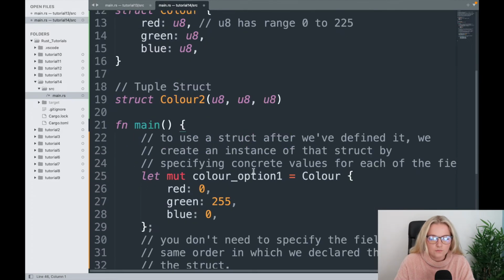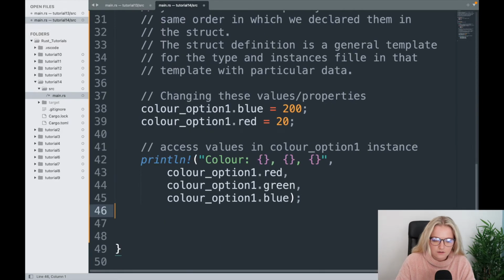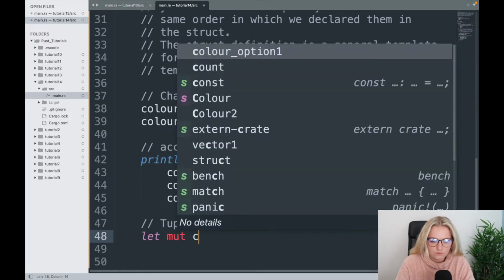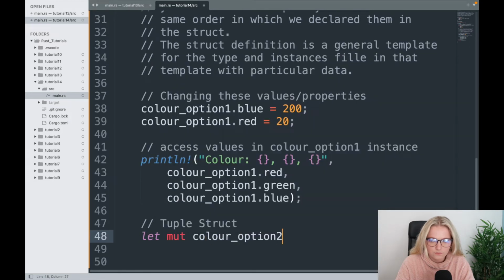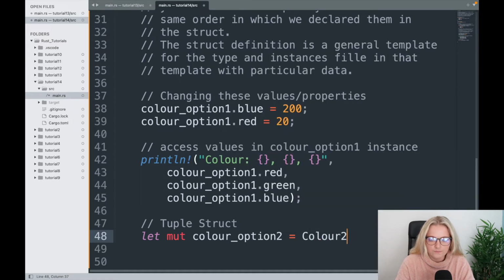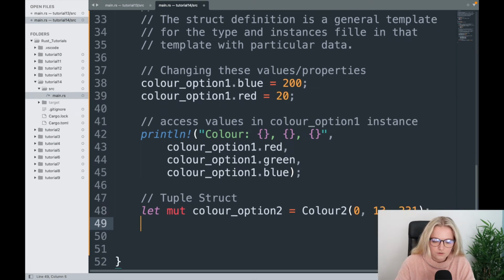Now we're going to pass in some values for this struct, and I'll just put here, I guess the tuple struct one, so here, and I'm going to say let mutable colour option 2. That's going to equal colour 2, and in here we're going to input some random values within the range, so 0, 13, 2, 3, 1. Okay, and all we're going to do is just print